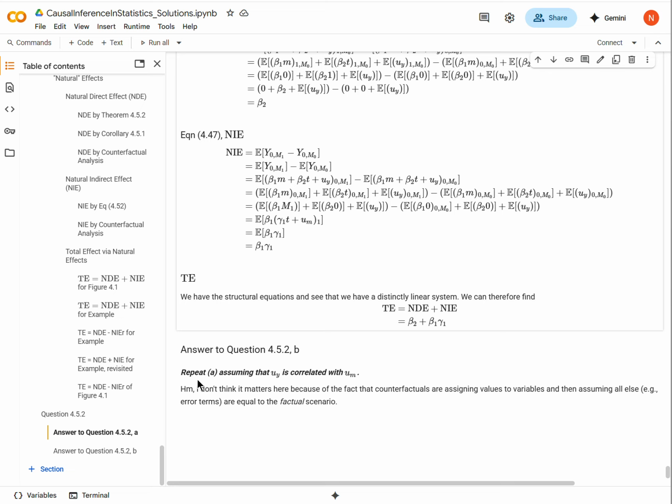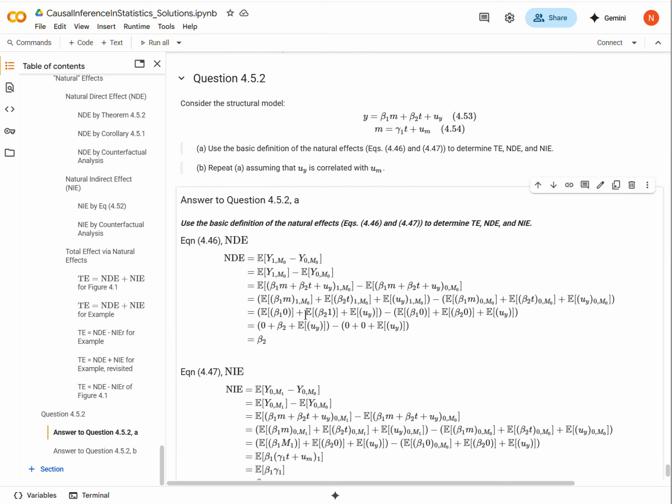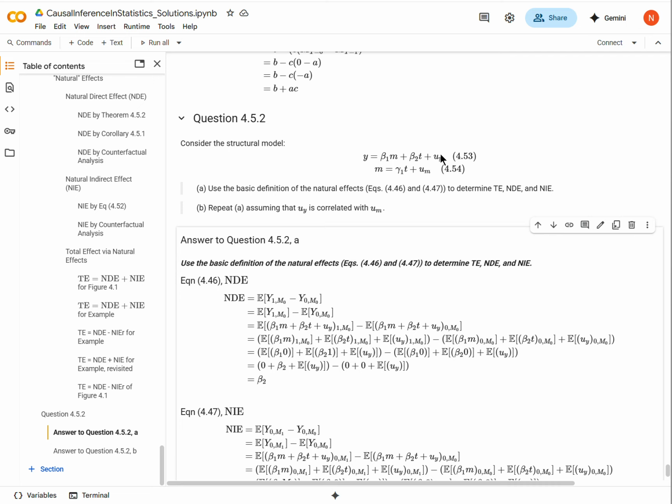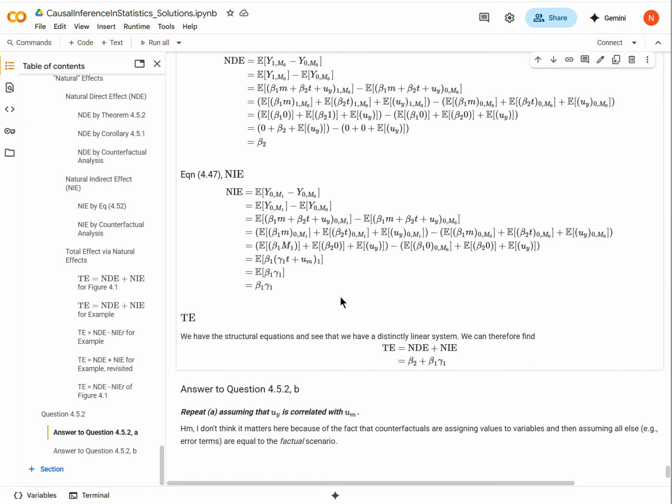Okay, now for the next part, we're going to repeat all of this, but we're going to assume that the error terms, UY and UM, are somehow correlated. Well, I don't think that it actually matters, at least not in this case. Somebody should correct me if I'm wrong, but if I'm thinking through this correctly, I think you just run the exact same math here. And the reason is that in these counterfactuals,